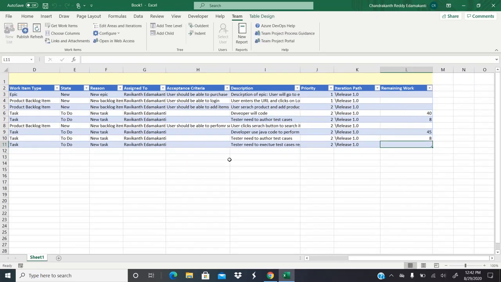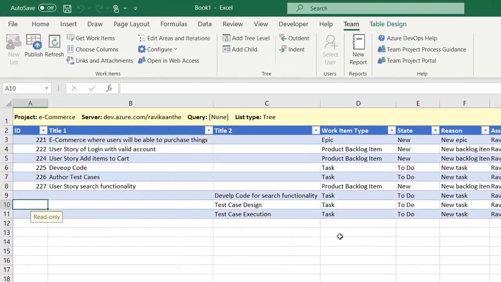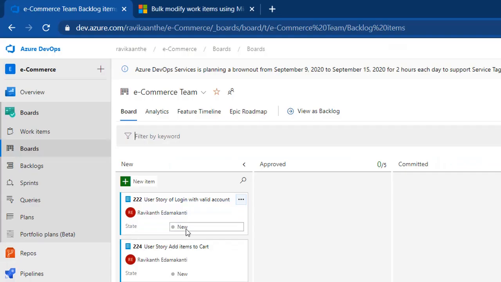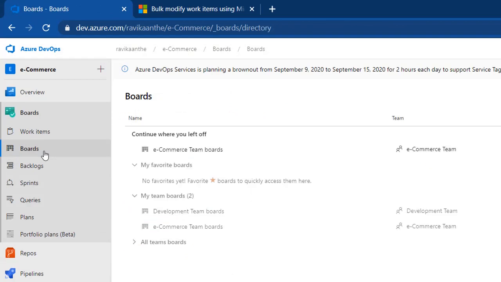And what is my remaining work item? Let's say it's 24 hours. Okay, so now if I upload these tasks, what happens? Let's see. Publish. As soon as you publish, if you go to boards and refresh your boards, I can see